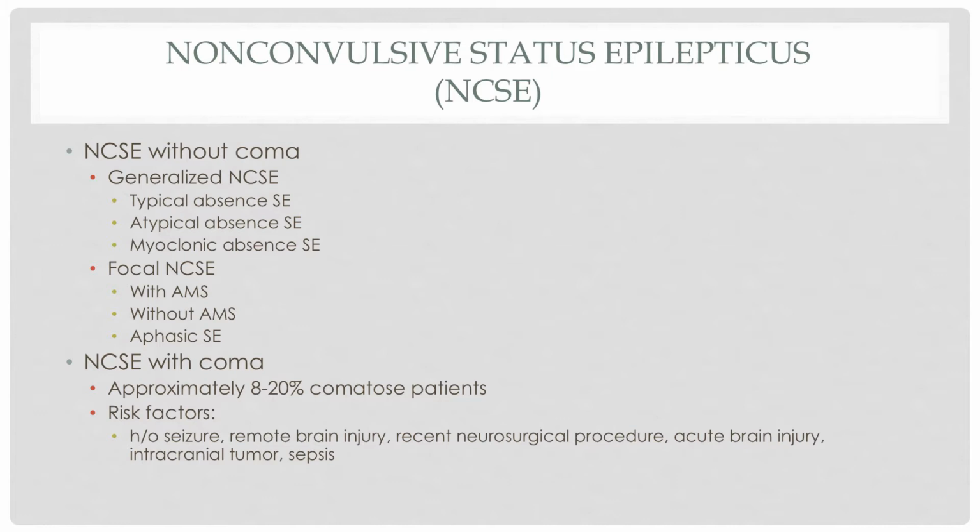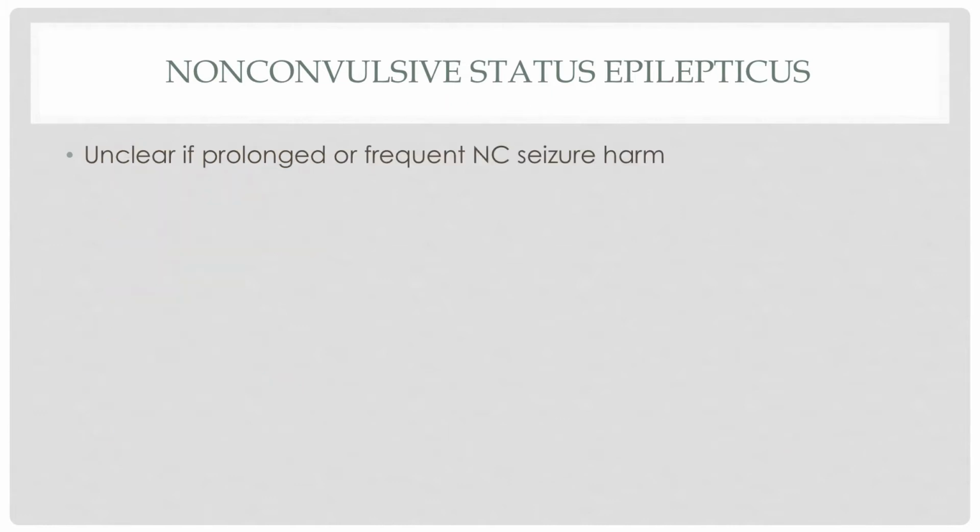They typically have a history of seizure, history of remote brain injury, or they may have had a recent neurosurgical procedure, or acute brain injury, or intracranial tumor. They might even have been in sepsis. So we clearly don't know the risk of harm from having non-convulsive status. Obviously, you want to treat it when you see it, but you don't have to go all the way